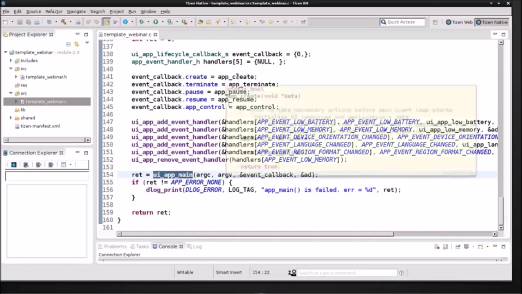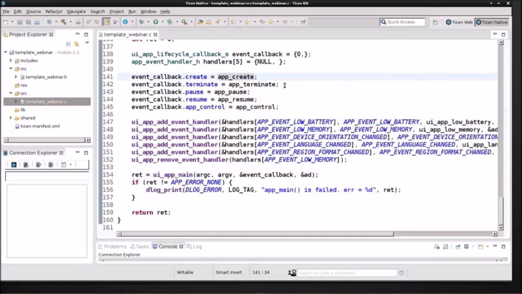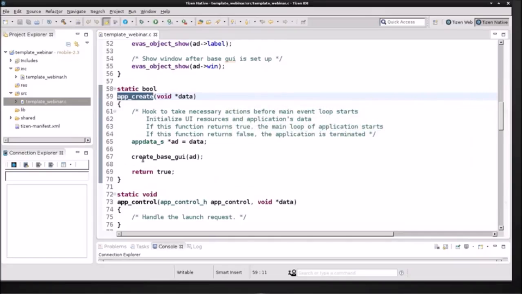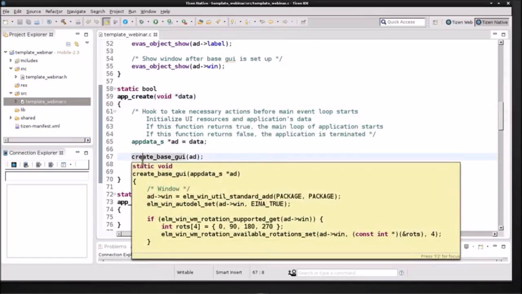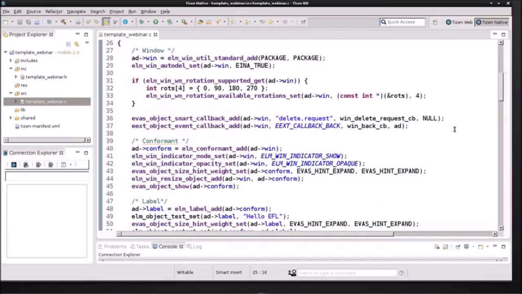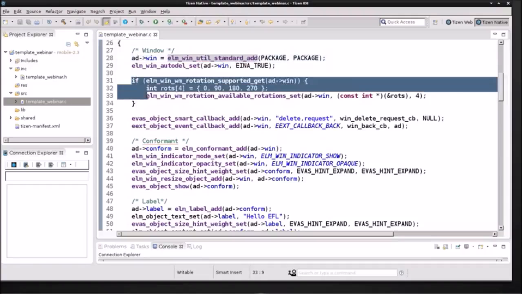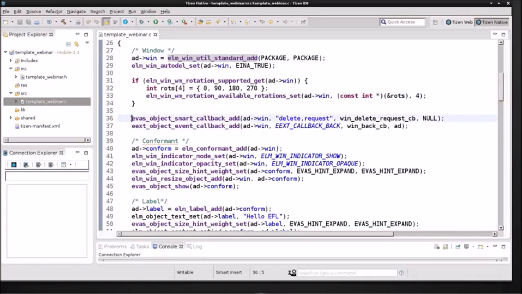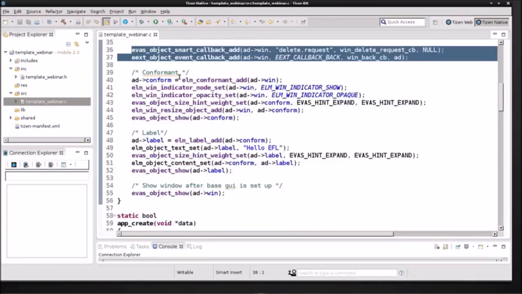And the first callback, which is called is app create. This app create callback is called when the application is created. Here it just calls create base GUI. And in create base GUI, it actually creates the widgets and objects for the UI. So the first object is window. It creates a window and it sets the rotation callbacks and sets some callbacks to window, and the next object